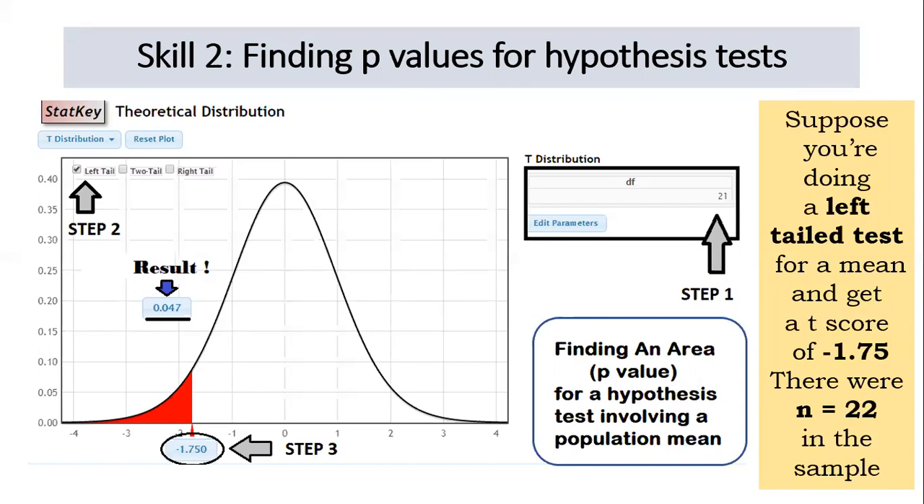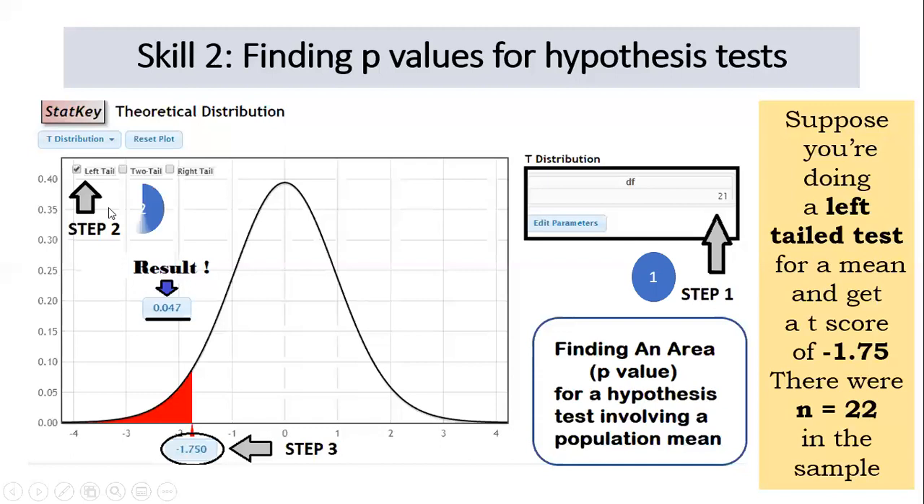Well, you may recall from before, the moment that we go to look at the theoretical t-distribution in Statkey, we're always going to be prompted to indicate the number of degrees of freedom. Our first step is going to be to change the degrees of freedom here to 21, as there were 22 cases in our sample. Once we've entered the appropriate number of degrees of freedom, Statkey will draw the t-distribution, and then we have to decide in our second step,